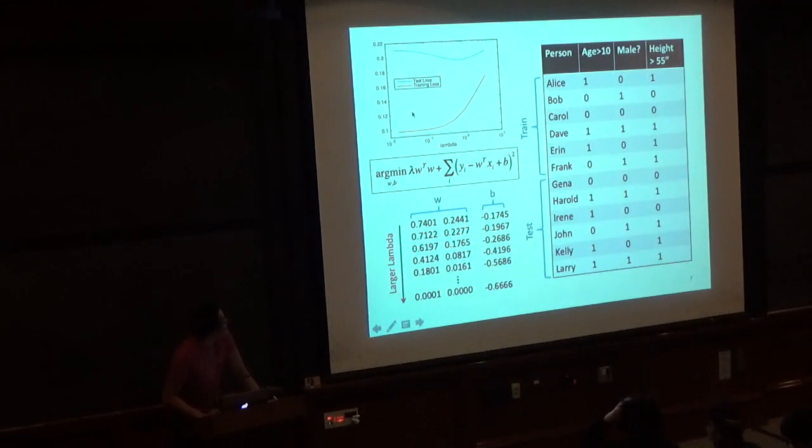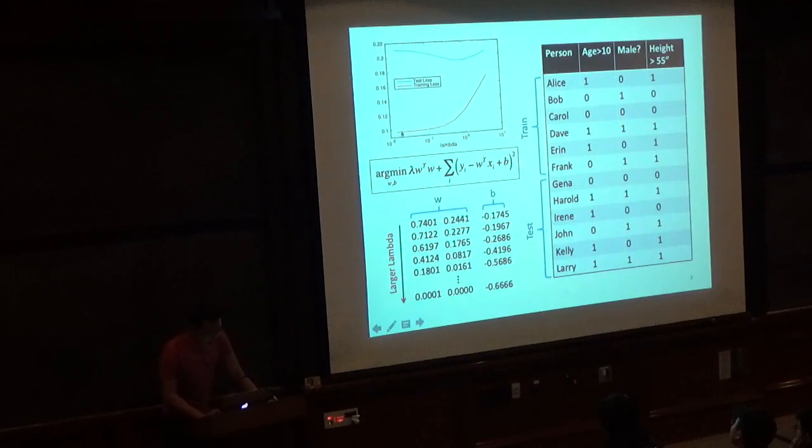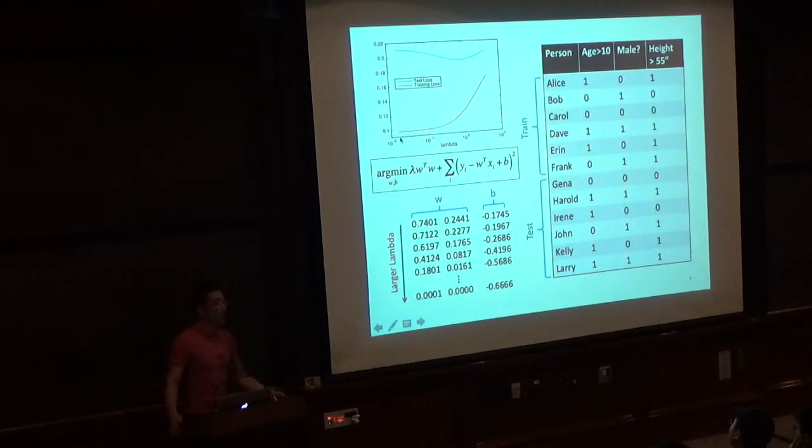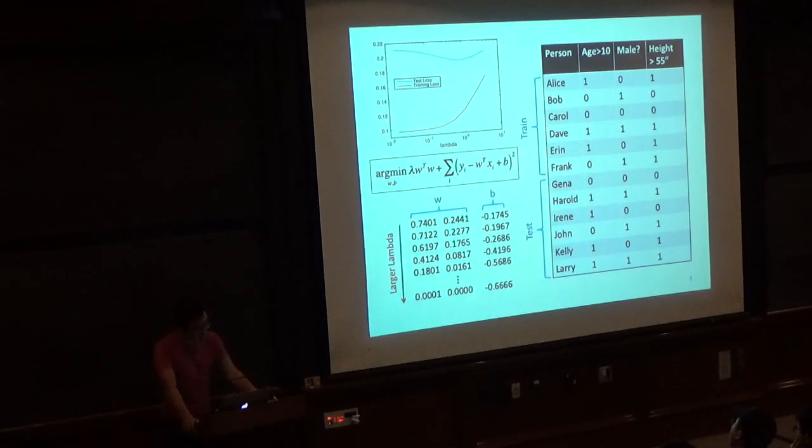And so this is the training and test loss as we increase lambda. So when lambda is 0, or very small, close to 0, we are not regularizing at all, which means we want to minimize the training error as much as possible. So the training error is quite low, right? Here's the training loss, the squared error on the training set. It's pretty low. And here's the test error, the squared loss on the test set. And it's much higher, so we're overfitting.